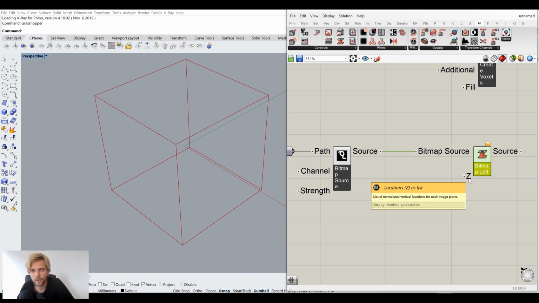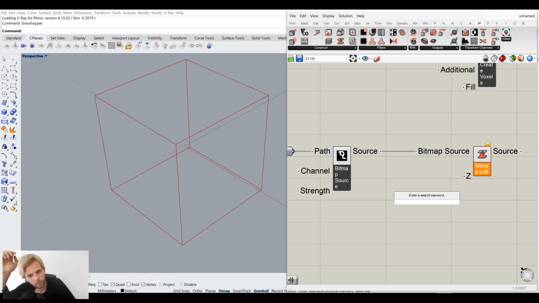So for this, I need to specify vertical locations of these two images, right? So, the key thing here is when it says list of normalized vertical locations for each image plane, the key thing is normalized, meaning that I need to specify two values between 0 and 1, 0 being on the bottom, 1 being in the top. So let me say 0.1